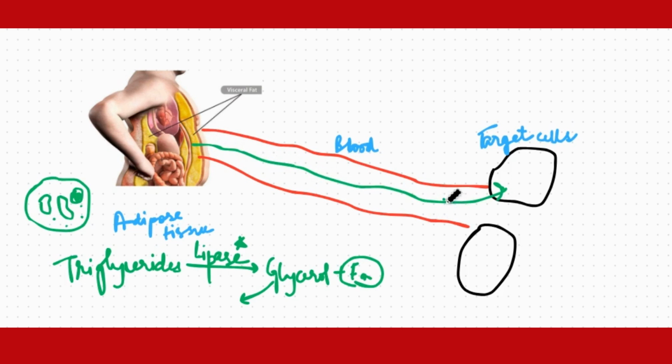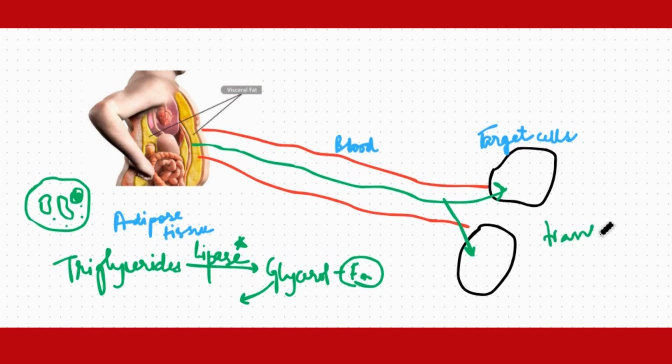Now when it reaches the cells which are going to metabolize it, or which are going to carry out beta oxidation, the problem first is in entering the cell, because as we know, the cell is surrounded by a plasma membrane. Now the plasma membrane has lipids in it, so it is actually very easy for lipids like fatty acids to enter. But the problem is many of the long chain fatty acids have a negative charge on them. Because of their negative charge, they cannot diffuse easily through the plasma membrane. So they need to be transported across the plasma membrane of the target cell by using some kind of transmembrane